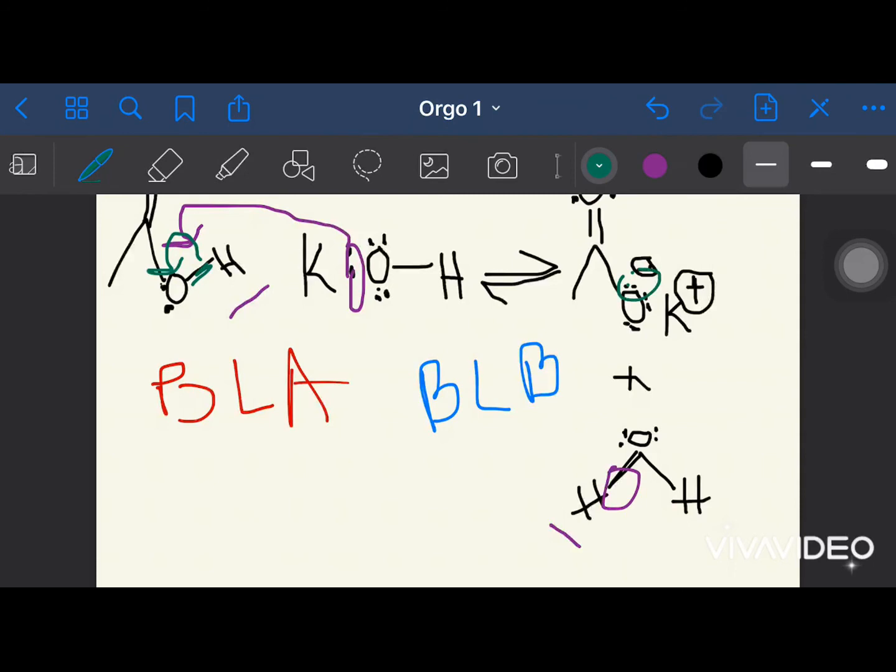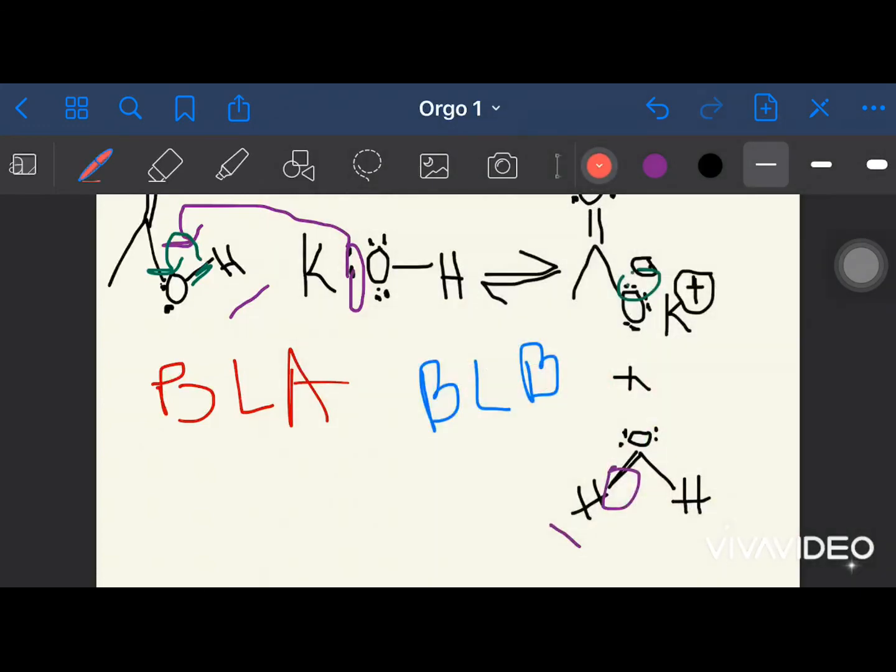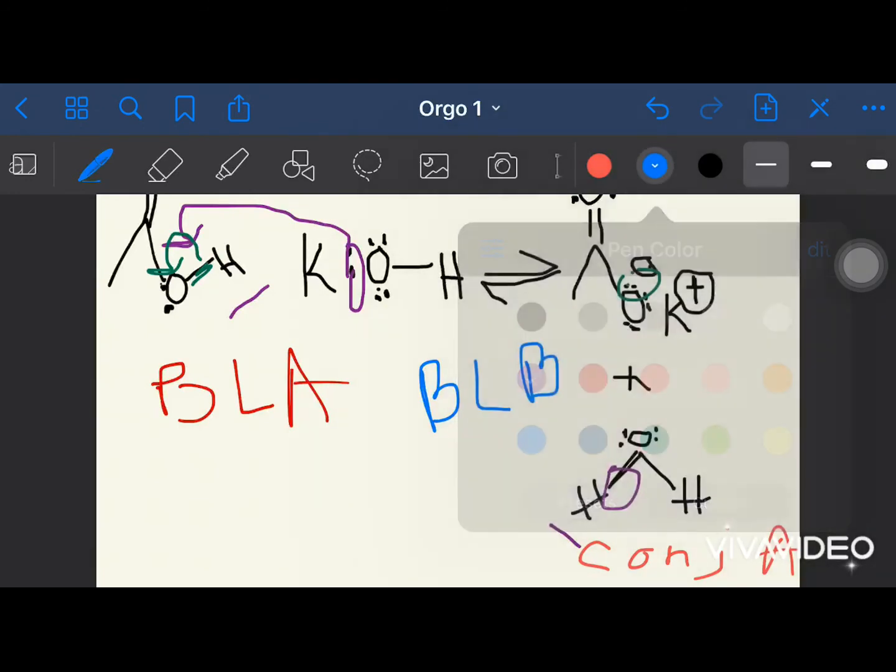As for the Brønsted-Lowry acid, which was the acetic acid, the acetate ion and the potassium ion would be considered the conjugate base, to pair the acid, the Brønsted-Lowry acid, with the conjugate base, and the Brønsted-Lowry base with the